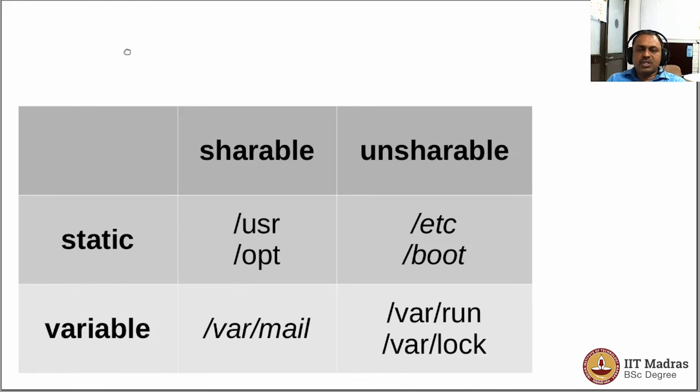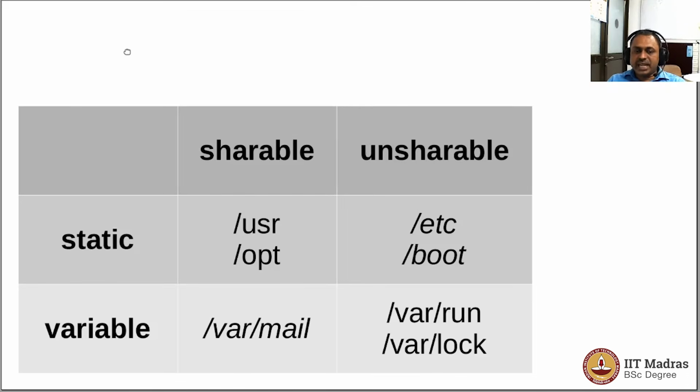Now here is some logic or reason why there are such folders with this kind of hierarchy. What we mean by a shareable folder is a file system which can be shared across computers. This is essentially to conserve storage and also to provide a uniform file system to multiple computers, particularly in high performance computing environments. And sometimes you also have what is called static and variable kinds of file systems or